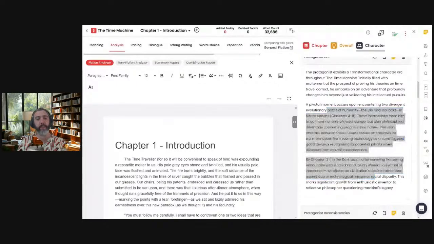Again, it's really helpful because you don't necessarily want all of your character moments sort of crammed together, right? So again, not surprising because The Time Machine is an excellent piece of literature. It is spread around, right? Chapters 4 through 8 is a bit of a transformation. Chapter 12, big pivotal moment towards the end of this. This is a novella. It's only 32,000 words, as you can see. Now, we often have questions. It's like, well, what if I write something that's a Brandon Sanderson, kill-a-child-if-it-falls-on-them kind of size book?